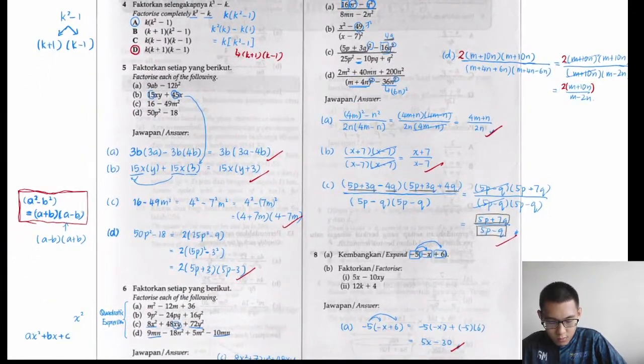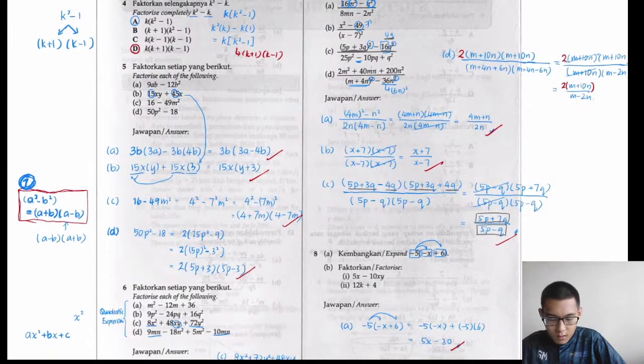Okay, so we need to remember this situation, the condition with the difference. We have to find out the difference between two perfect squares. So we can write down the factors like this. Okay,